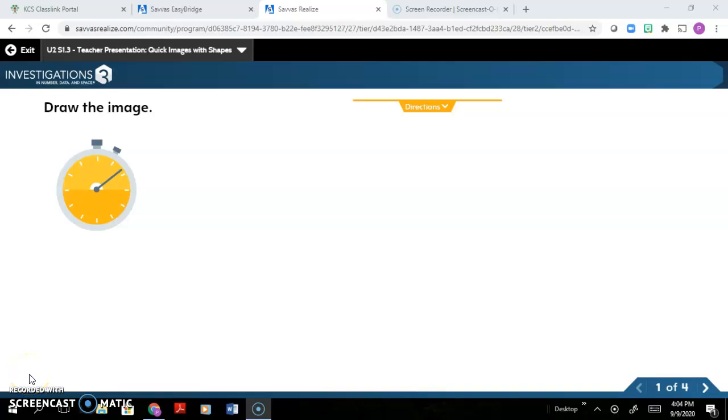Hello, today we're going to be doing some quick images of some shapes, and you may want to have a paper and pencil handy because you're going to draw the image that you will see. You will see the image for about 5 seconds. While you're looking at it, try to memorize it in your mind, and then when it goes away,